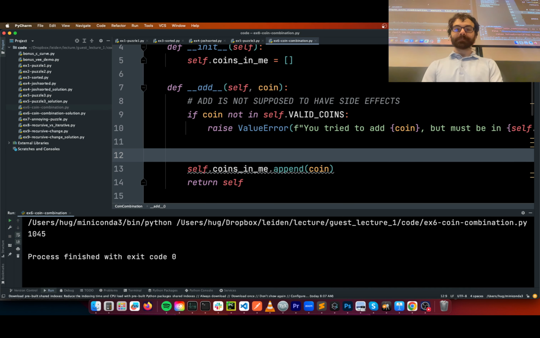So we want to keep looking. We don't want to do the exact same search again. We need to tweak it in some way. Yeah? Right, so use the first coin is one way to do it. The way we could do that is current coin combination plus list of coins 0. So we're going to say, let's keep looking. We're going to use that first coin, which will be, I'm going to flip them around, 50, 20, 10, 5, 2, 1. So let's try it using the 50 and see what happens.